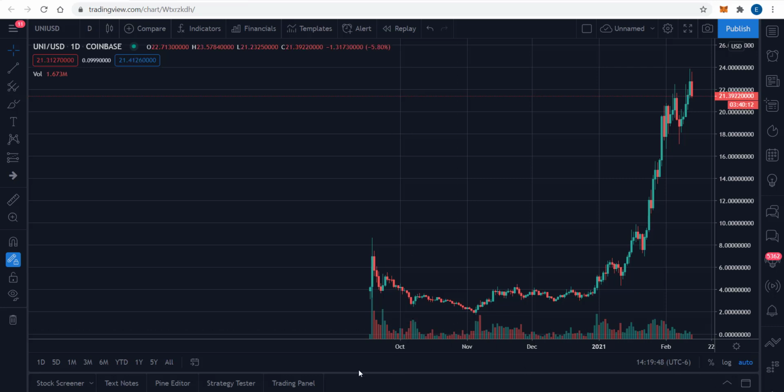So they released a token back in September, I think it was, which is why we don't have a lot of data for this. September of 2020 is when they released it, and it has really caught a bid along with Ethereum and other cryptocurrencies. So we've seen a lot of DeFi tokens just really pop in 2021. And so I just want to take a look at this coin.